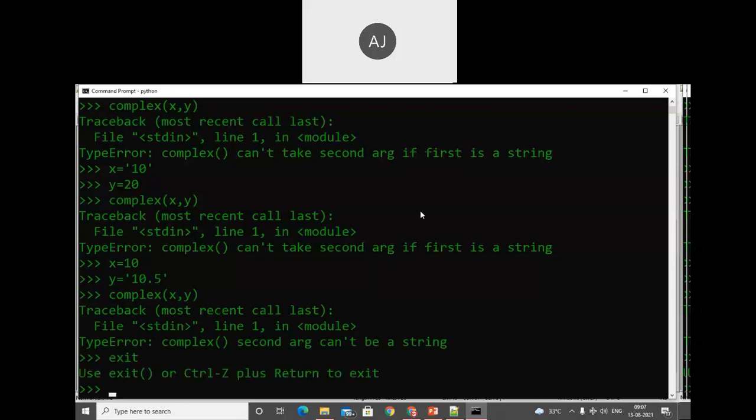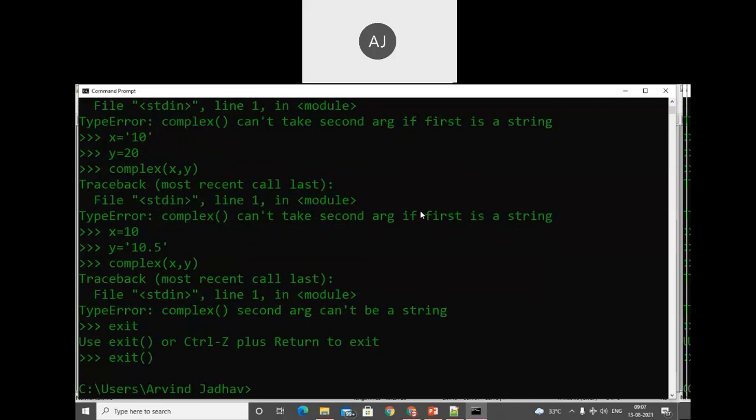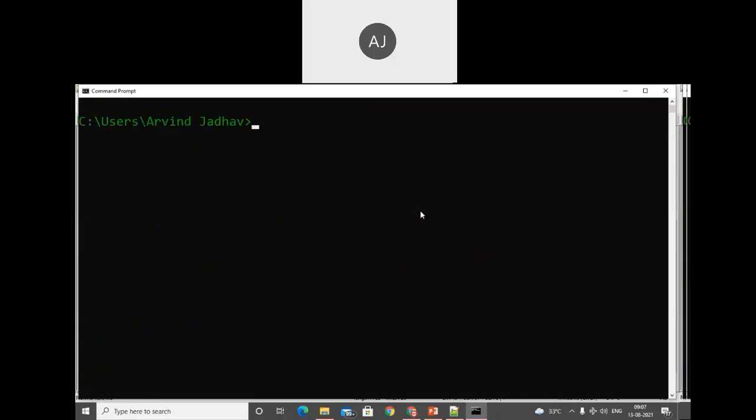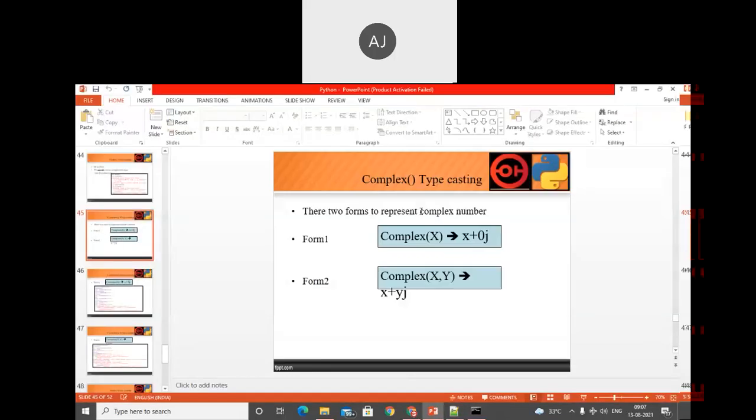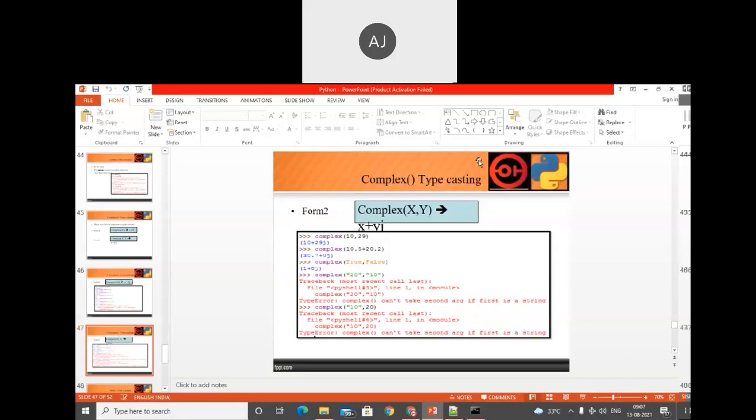In that section we're trying to pass a string, and it can't take the second argument. Can't take a second argument if the first argument is a string.